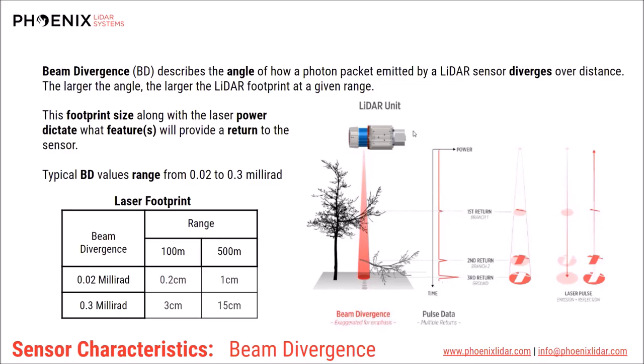So for, let's say, our VUX-LR that has plenty of power, it picks up all three of these returns. But let's think of a sensor that has slightly less power, or perhaps the same amount of power over a wider beam divergence. You might only catch the third and second return,